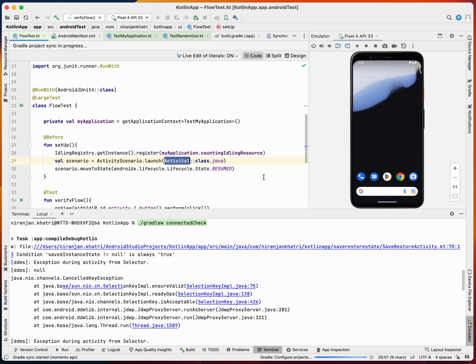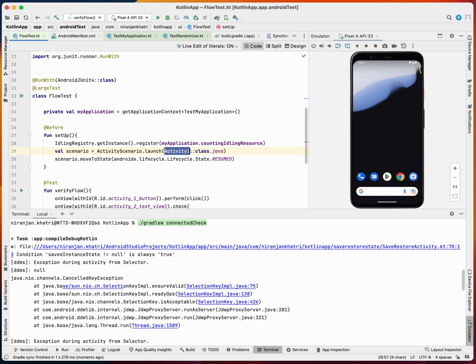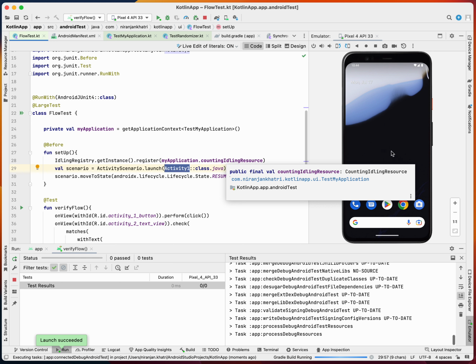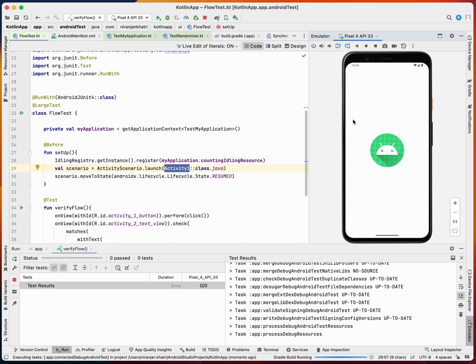Okay, so let's sync it and let's try to run the test again, guys. Yeah, because UI tests are not so reliable, there is only a 20% chance that the test runs, so you have to run it multiple times and check the test results. But we have to wait until the button for Activity1 is clicked. But in my scenario, we didn't even